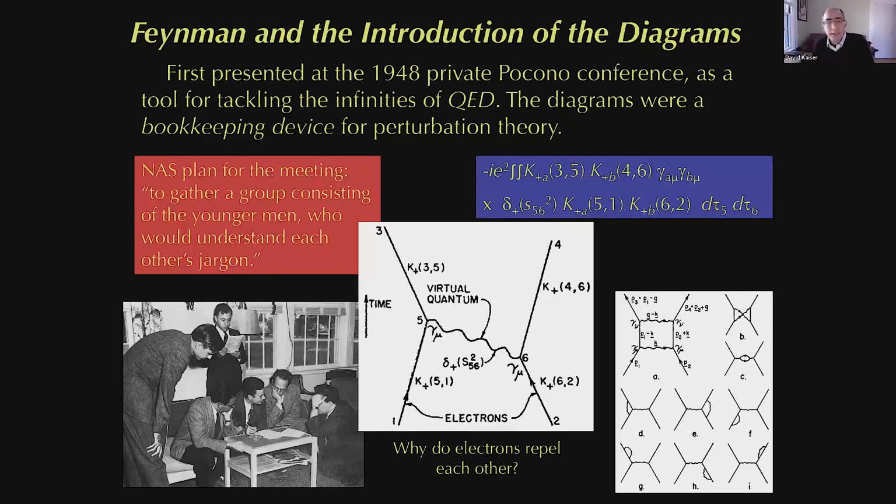And then by this point in late spring, early summer of 1948, Feynman could show that if you have the right bookkeeping, you see some of these infinities actually exactly cancel each other. So some of the infinities that had cropped up in these earlier calculations, not all, but some of them, would exactly cancel even before you got fancy with renormalization, just because you have to remember that for every diagram like this, there's a corresponding one like that, and so on. And some of these have exact cancellations. So the challenge of taming those infinities would become a bit more manageable if you could make sure you had the right set of equations to work with from the start.